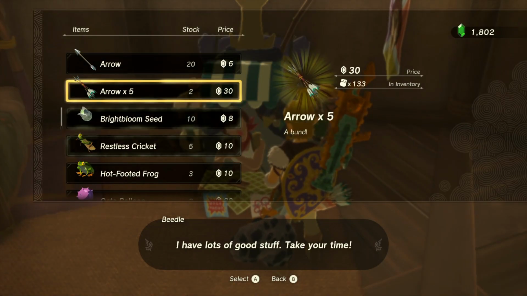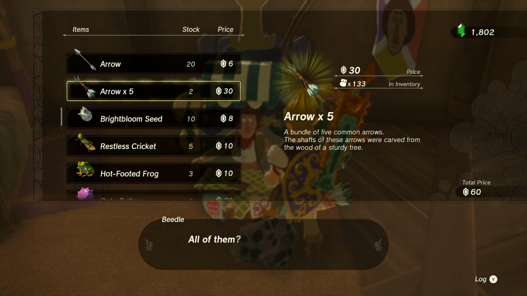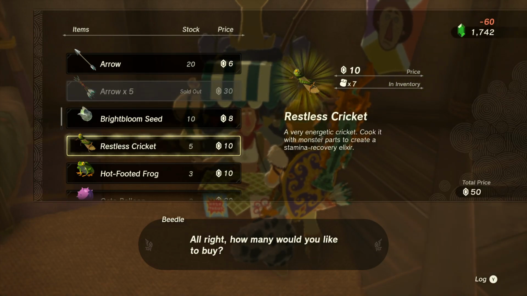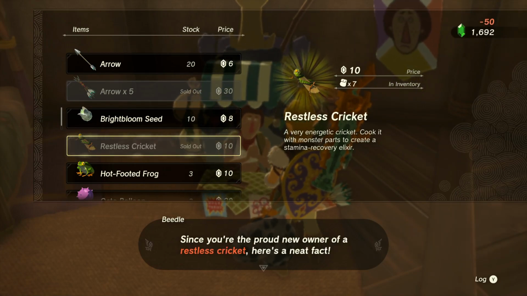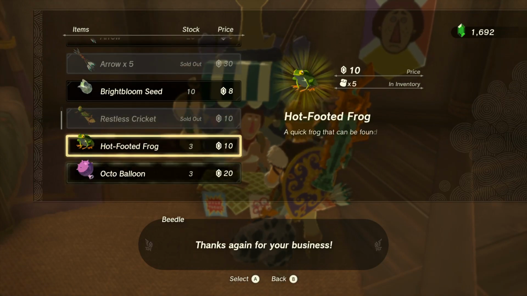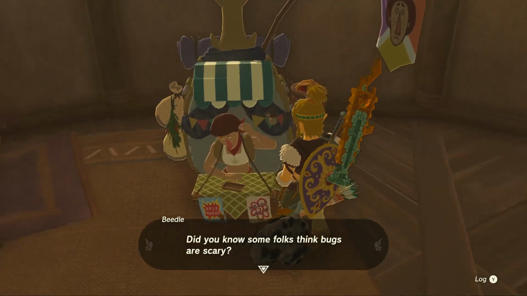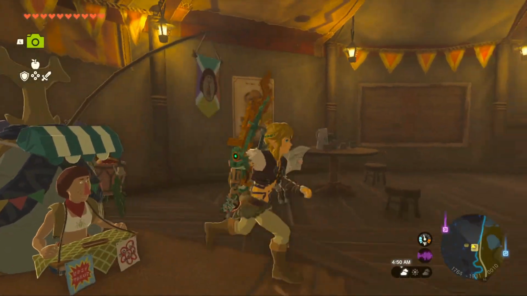Okay, so you know what? Let's keep getting more arrows. Yeah, we gotta keep getting as many arrows. We need to keep getting a lot of arrows and more of these reckless cricket. Let's get them all. Alright, so we got everything we need now. Let's be off. So we're gonna say goodbye to Beetle and go back to... no, I don't wanna, Beetle, stop